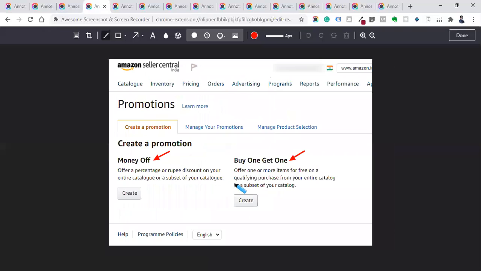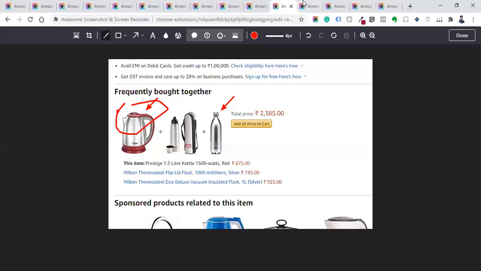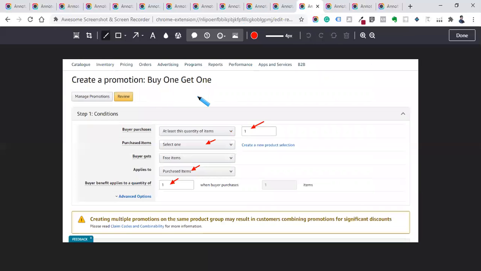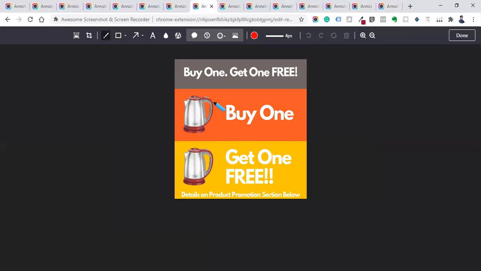To do that, you have to click on this buy one get one free offer, and once you are there, you will be taken to a page like this. Here you have to mention how many units customers should buy to get this offer. For example, if you want to give this promotion, if they buy 1 product of this, they are going to get the same product.